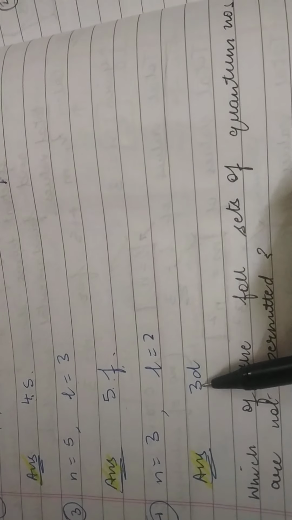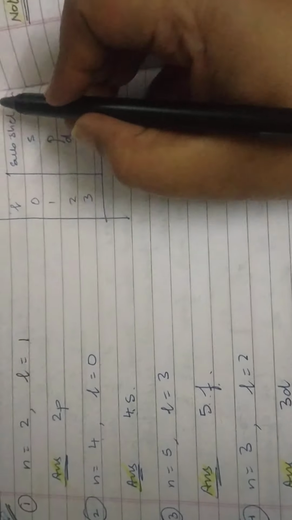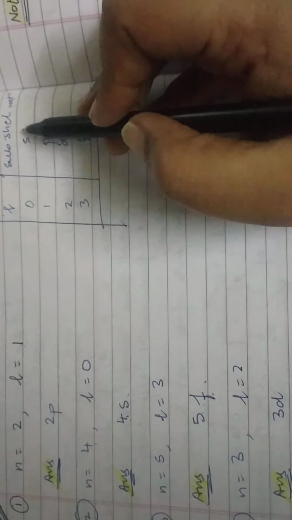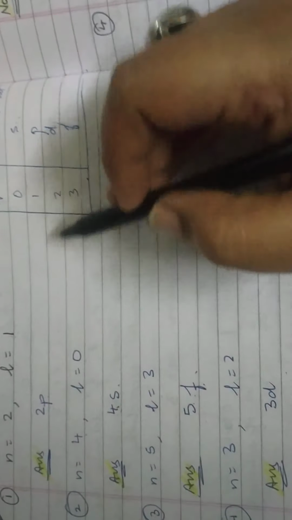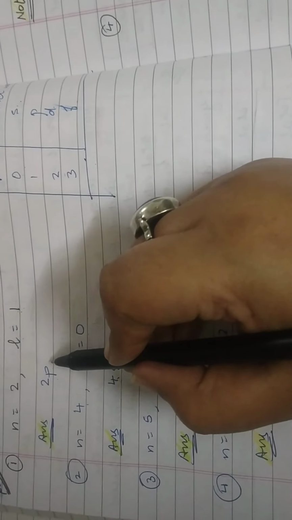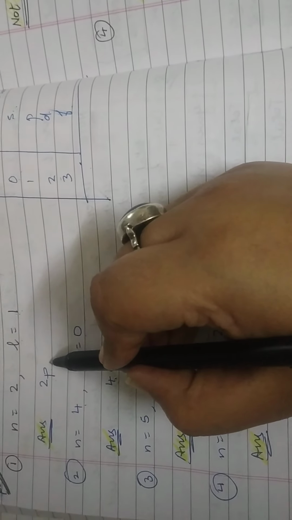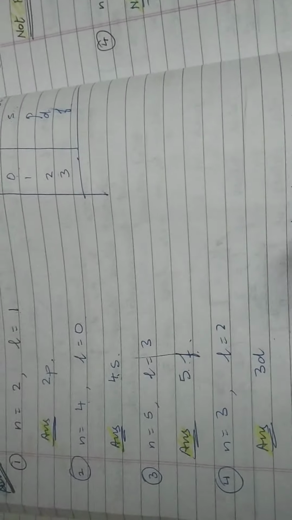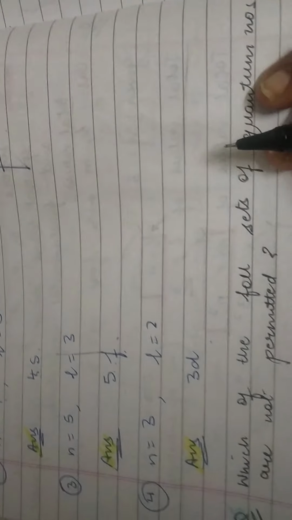Then n is equal to 3, L is equal to 2. We write the shell number like this, 3, and L equals 2 is the D subshell, so we write 3D. So again, it is very, very simple. You just need to remember the subshell notation for the given values of L, and write the shell number first and then the subshell notation in terms of S, P, D and F. I hope it is clear, and please keep following, keep solving.